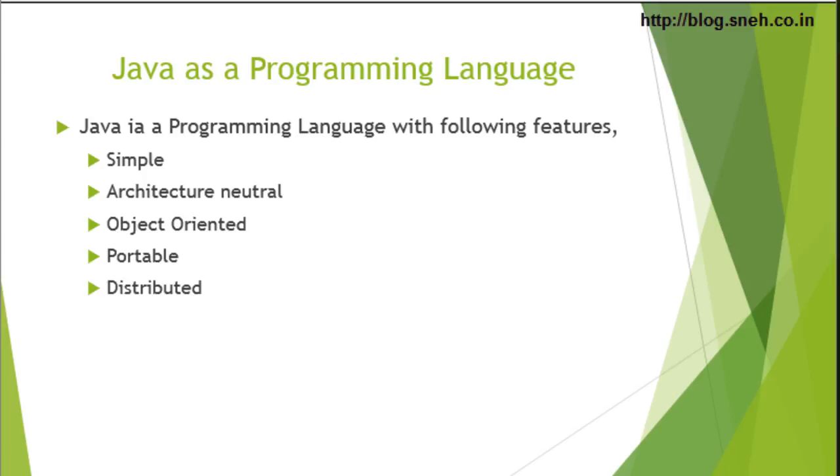It's a distributed language. Java has a large number of libraries to cope with TCP/IP protocols like HTTP, Hypertext Transfer Protocol, and FTP, File Transfer Protocol. This makes it easier to handle TCP/IP protocols. Java applications can open and access objects across the net via URLs with the help of the remote method invocation API. It makes client-server programming quite easy.